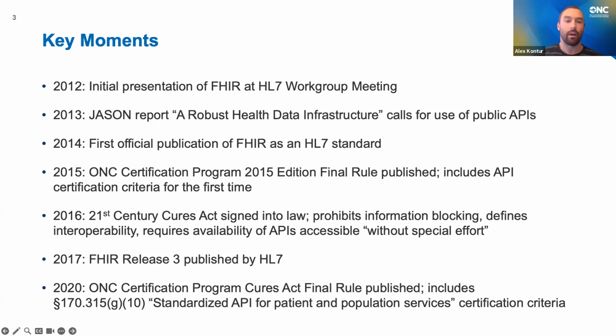Then in 2015, ONC published the 2015 Edition final rule, which made updates to ONC's certification program. And that's where we first included certification criteria related to application programming interfaces, or APIs. It didn't require the use of FHIR at that time, it simply was to provide certain information over an API for certified electronic health record products. And FHIR is certainly an option that developers could choose to implement, but at that time there were no specific FHIR-related requirements. Then in 2016,